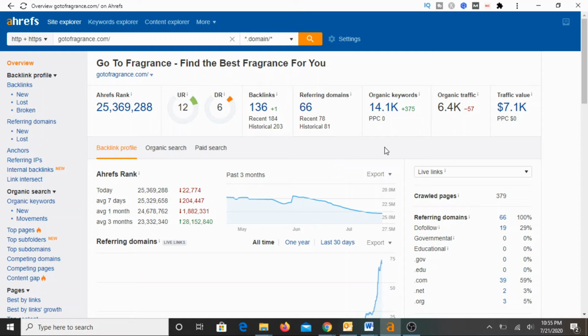Now see these two attributes, organic keywords. Organic keywords is nothing but the number of different search terms for which this particular website is ranking. 14k different search terms for which this website is ranking, and traffic is about 6k plus. But then